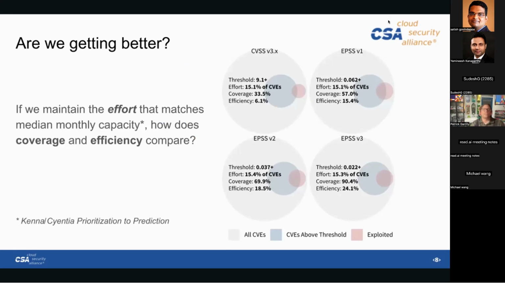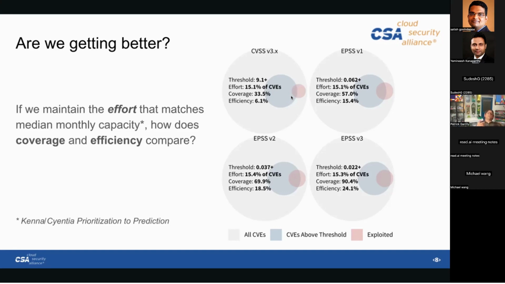So if you take all this, essentially, we can look at this and do comparisons to look at the CVSS scoring system, which is what most people historically have used. And currently that's on version 3. And we can see with a 9.1 threshold, we have, from a coverage perspective, a little bit, but not a ton from future exploitation activity.